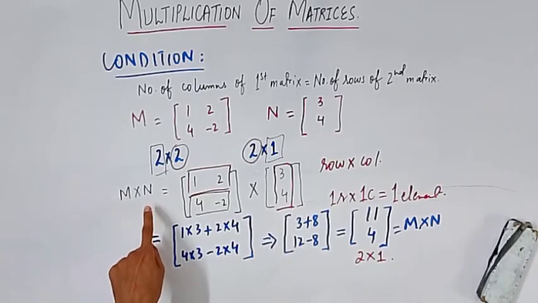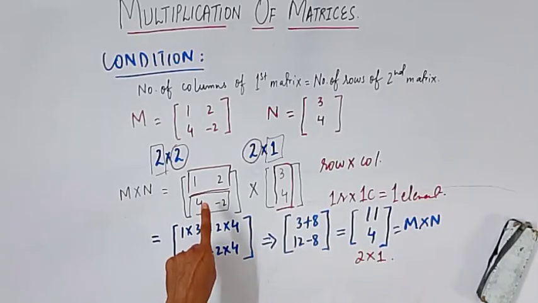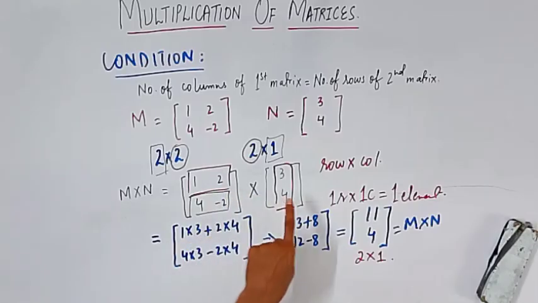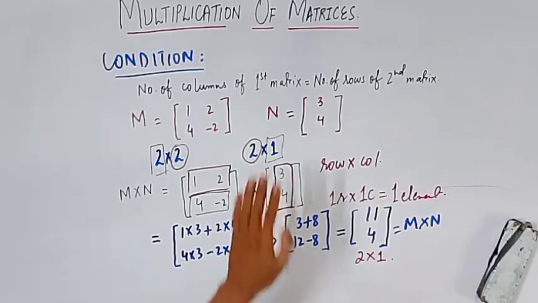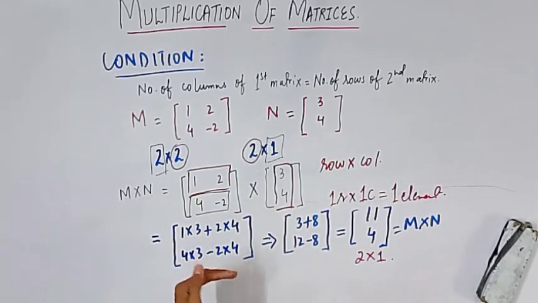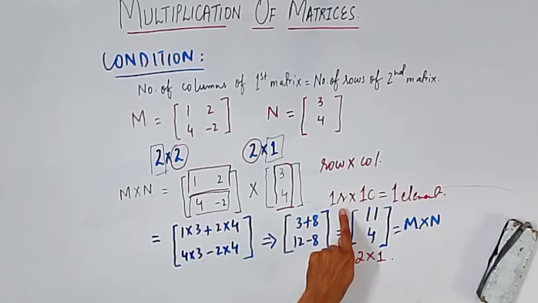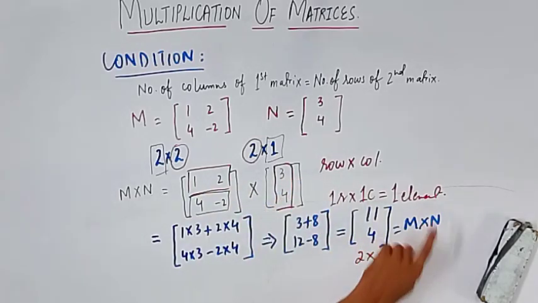So now when you start multiplication, you will always multiply the first row of the first matrix with the first column of the second matrix. And if there is only a single column, then that's it. You will not do it further. You will move to the second row. Then you will again multiply the second row by the column and you will get the answer. Remember that one row multiplied by one column will give you a single element. Don't do mistake in this particular thing.